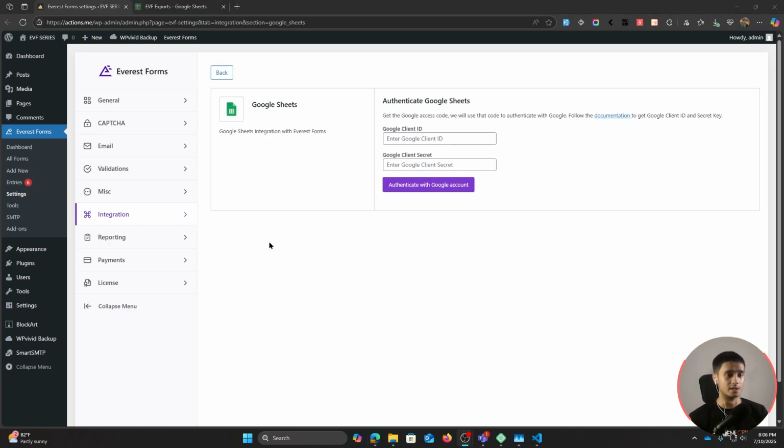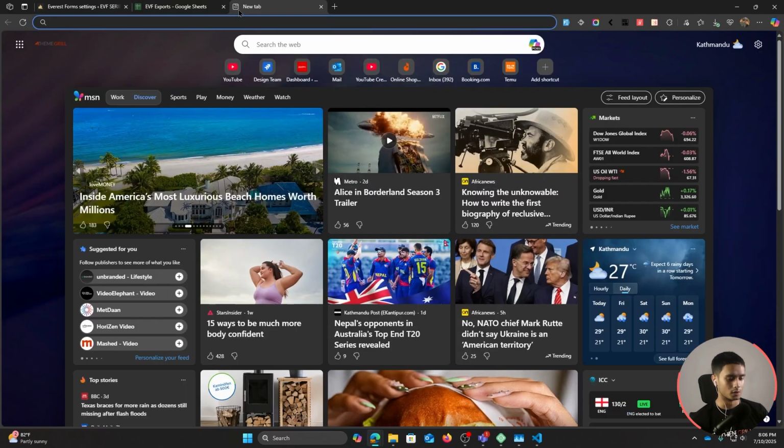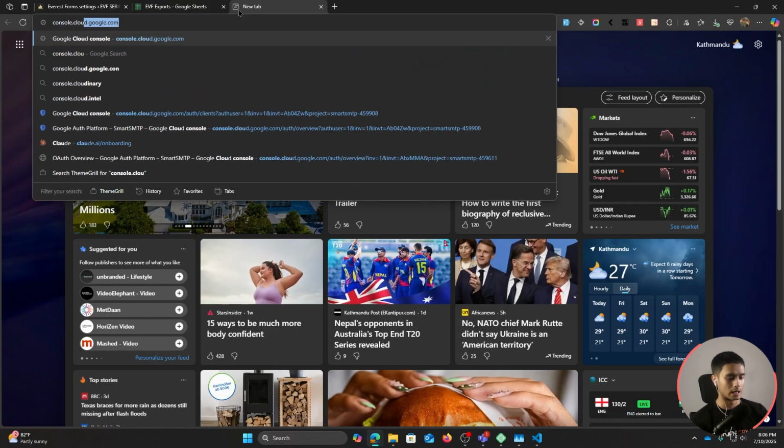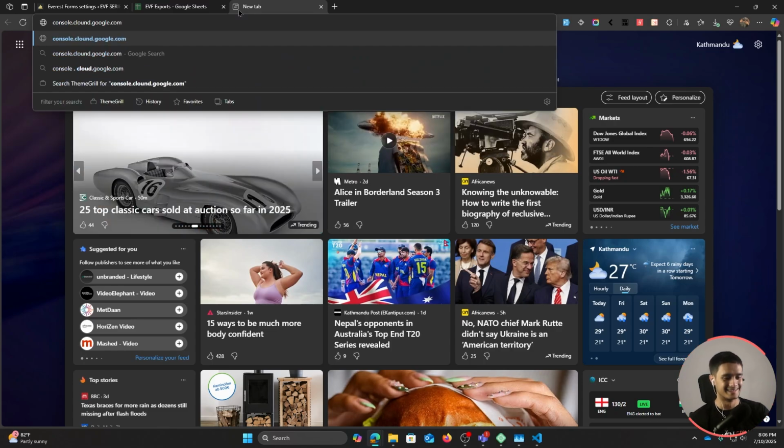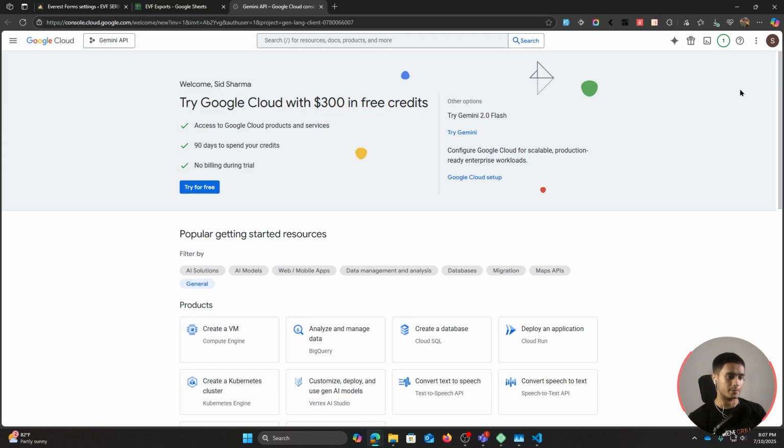Now, as soon as you see this, you might get a little bit afraid, like, what is Client ID, what's Client Secret? Don't worry about it, it's really simple. Just follow my steps and it's gonna work just fine. First of all, let's go over to console.cloud.google.com, and that's not how you type cloud. console.cloud.google.com. Make sure you're logged in with the proper account, and once that is done, you can simply click on